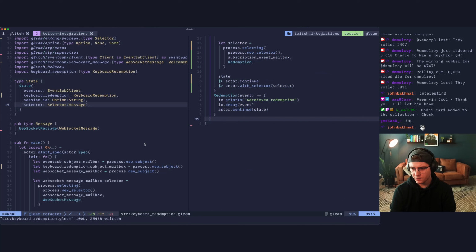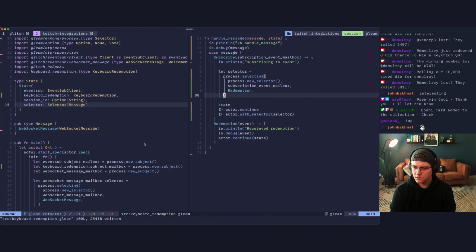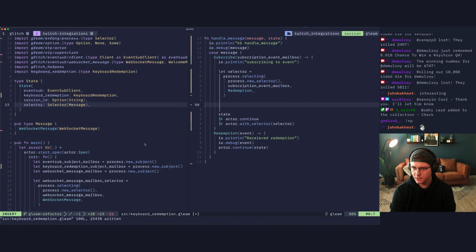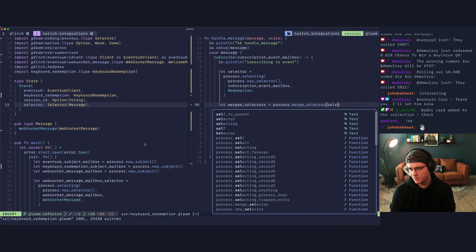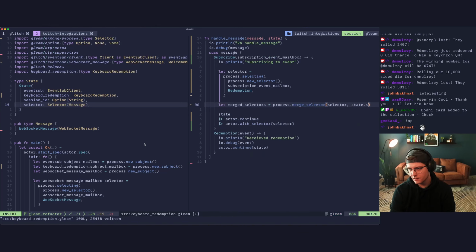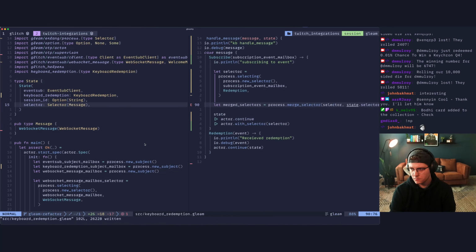And then down here, we want to say let merged selectors equals process.merge_selector, and it'll be our selector and our state.selector. Okay, fine.